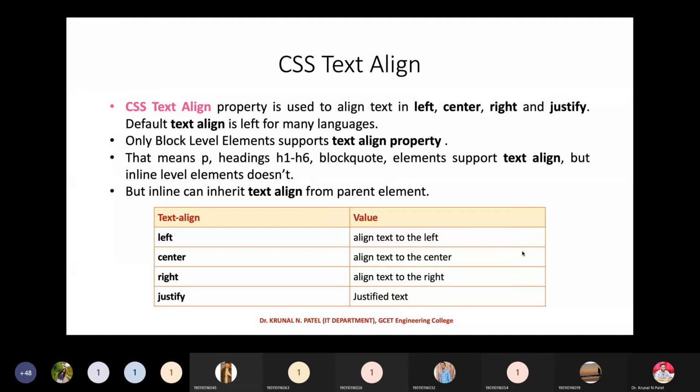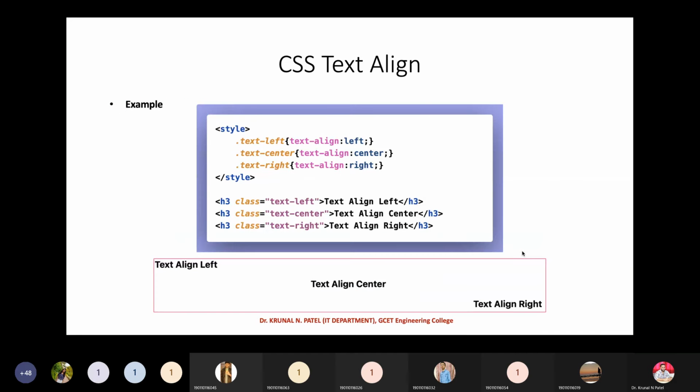there are four possible values we have. One is left, right, center, and justify. This is what you do in Word itself, right? So these are the four possible values we have. Okay. Suppose I want to set this, so here I have decided to run each and every code. Here I have put the style and the output like this, right? So if you put this code in your HTML portion, then it will display the output like this.